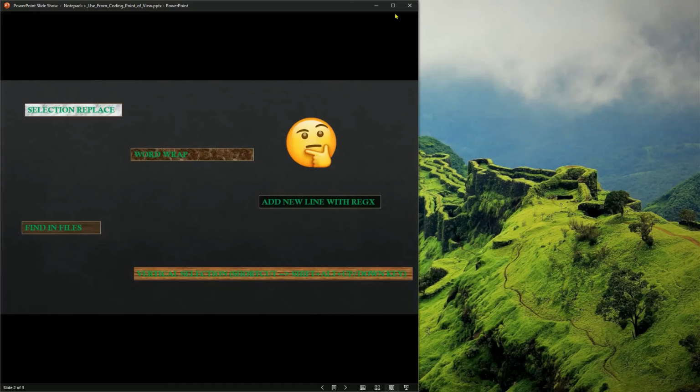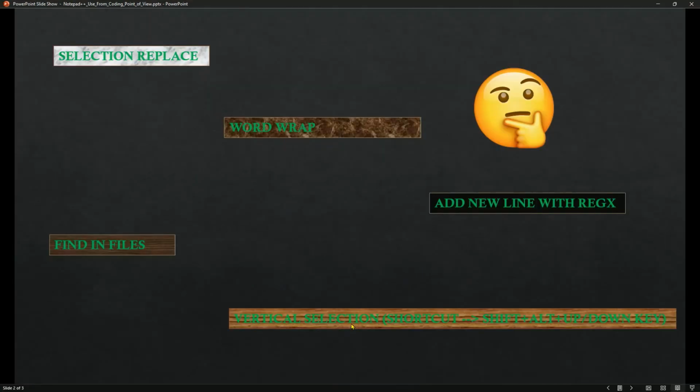Okay, this is vertical selection. The shortcut is Shift Alt with the up and down arrow. Okay, so the last thing,